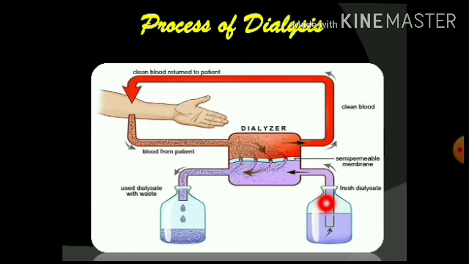Here we have fresh dialyzing fluid, which is continuously supplied to the dialyzer, and the dialyzing fluid which has the waste material is saved in this particular container. This is how the process of dialysis helps in replacing the kidney temporarily. In case of a partial renal failure, this process is of great help, and the number of times dialysis is required depends upon the extent of failure of the kidney. If the extent of failure is more, the number of times the patient requires dialysis is more, and so on.